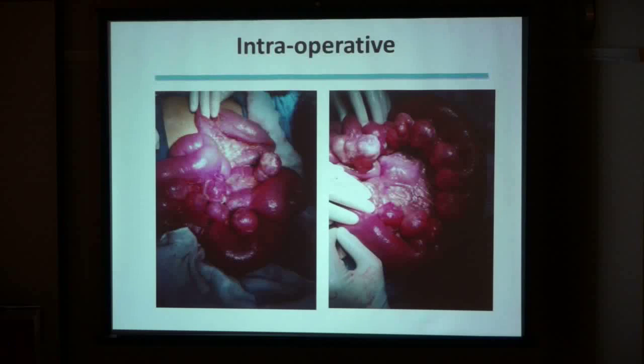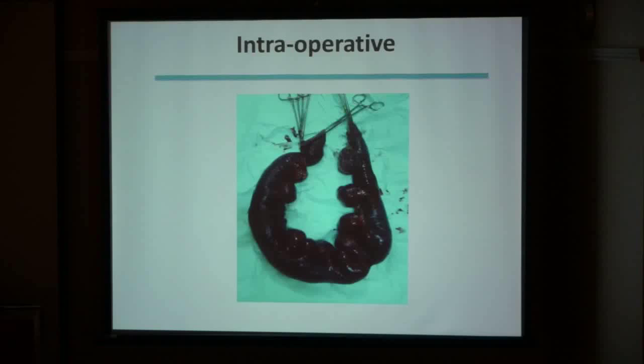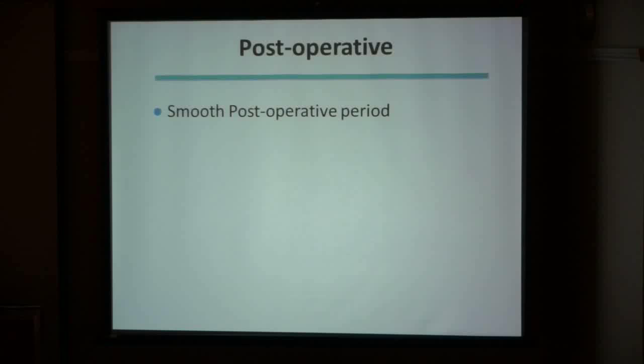So we resected. Only one was inflamed, on the right side, with pyogenic membranes. This is after resection of this segment with primary anastomosis. Postoperatively it was smooth: the patient fasted for 5 days on antibiotics, the nasogastric tube was removed after 2 or 3 days, and the patient went home